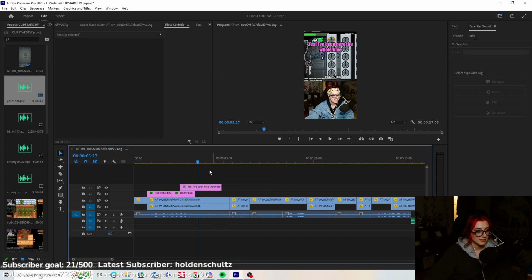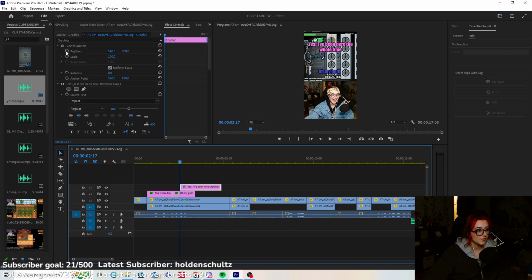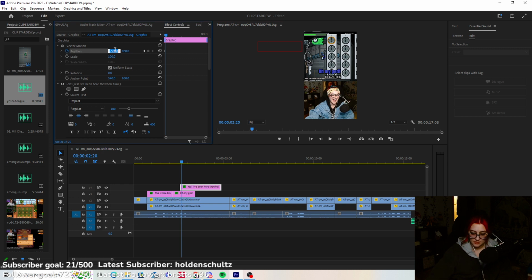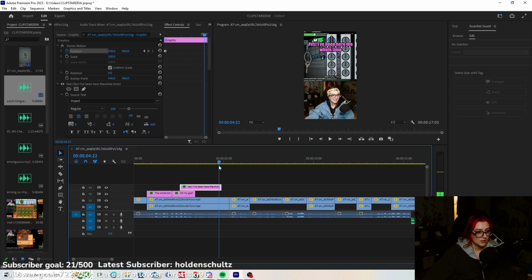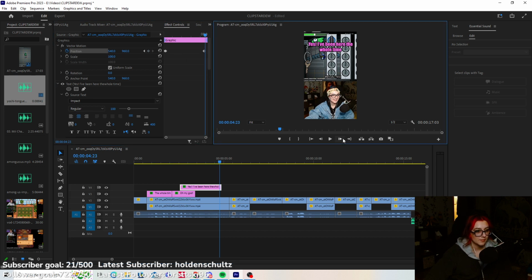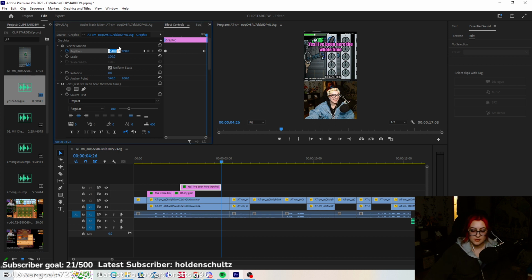So there. Vex says that from here to here, and we're gonna do the same thing with the movement. So toggle animation. A keyframe has been added. At that keyframe, we want it all the way to the left. 1, 2, 3. I want it centered. I want it to stay centered all the way to here. So we're gonna add another keyframe so that it stays 540 that whole time. Go to the end of this, and we'll add another keyframe. Bam.